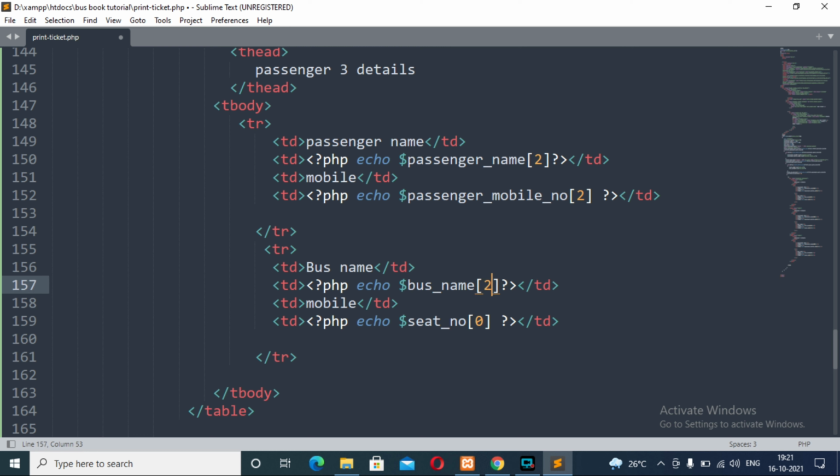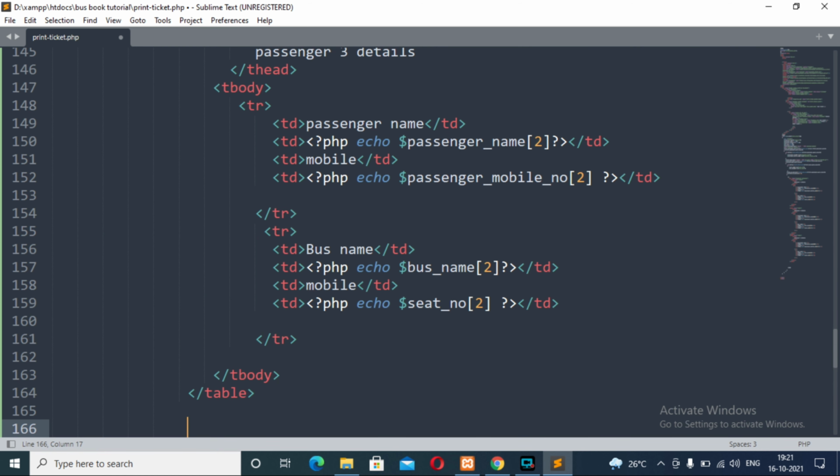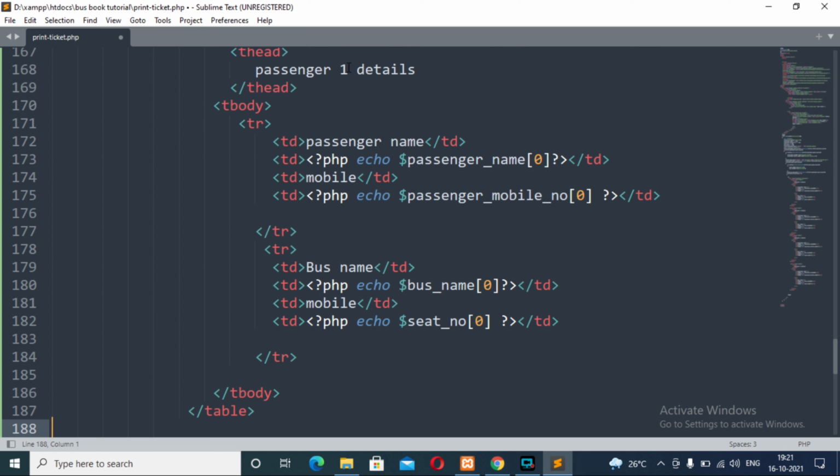So here index 2, because we are fetching the details of passenger 3, and bus name 3, seat number 3.